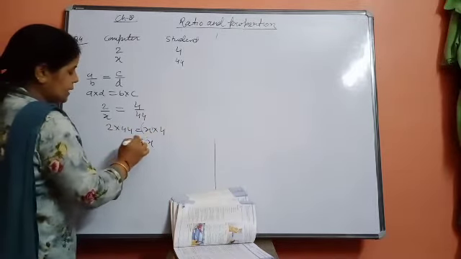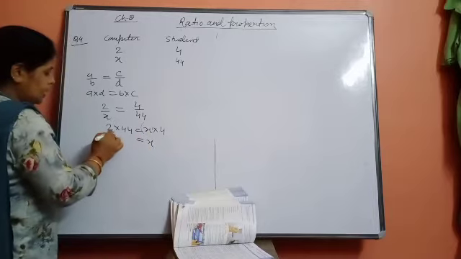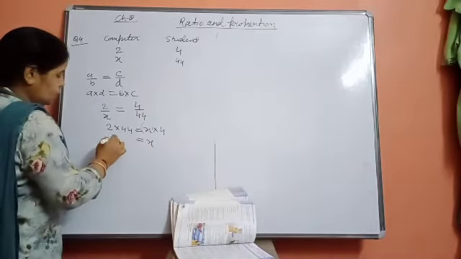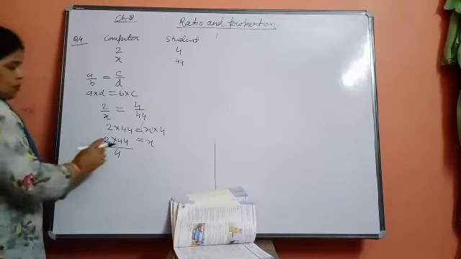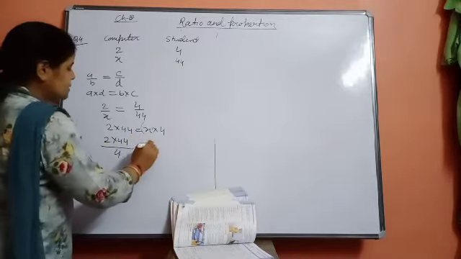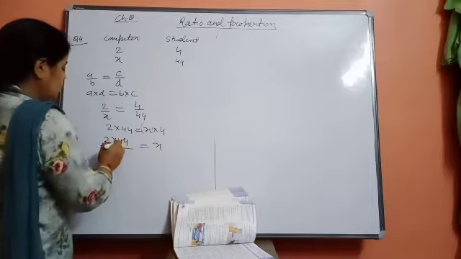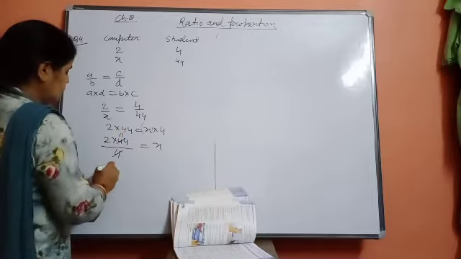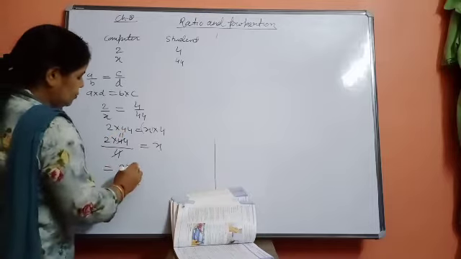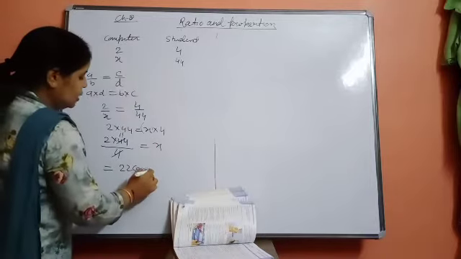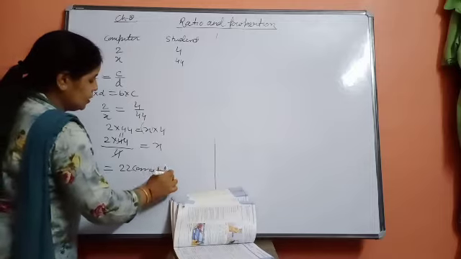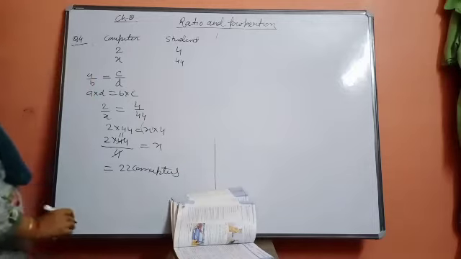So keep X here. So this 4 will come here in the denominator. 2 into 44 divided by 4. Okay, so it will be the value of X. Now see that 4 ones are 4, 4 ones are 4, 11 twos are 22 computers. Because X was the value of which one? Computer.